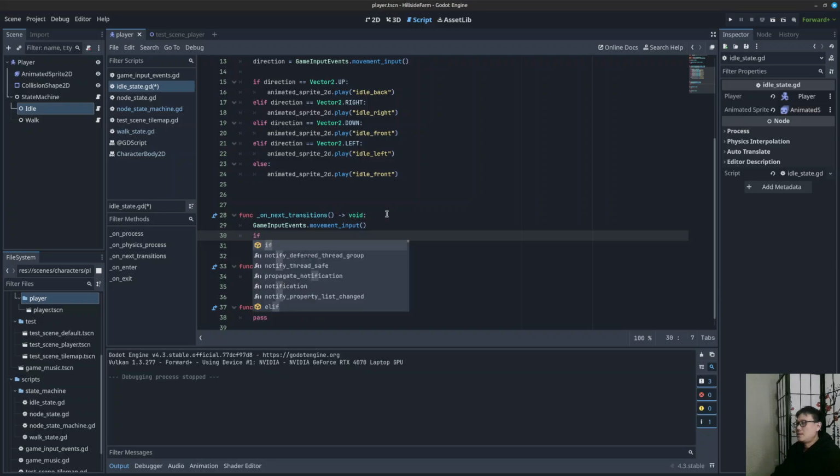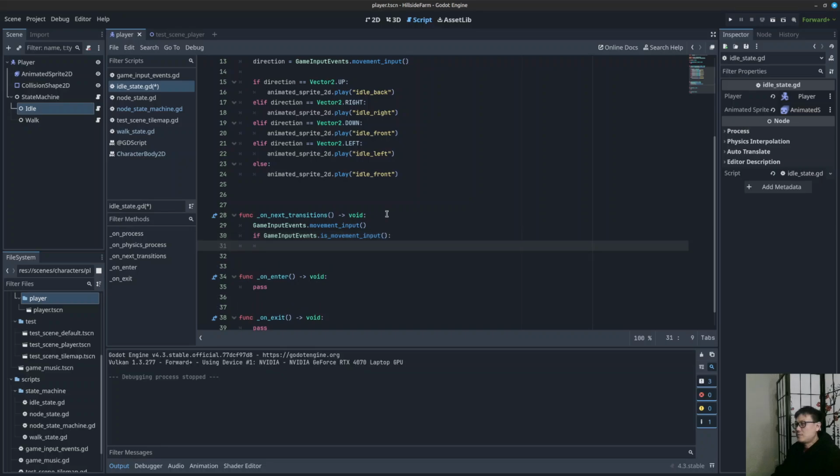Let's see if, yes, movement is true. Let's call the event. I'm used to event transition. We want to transition. We want to connect it with